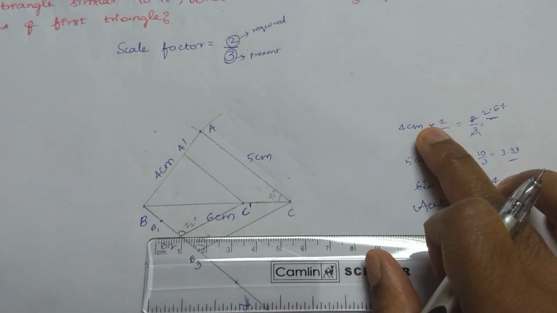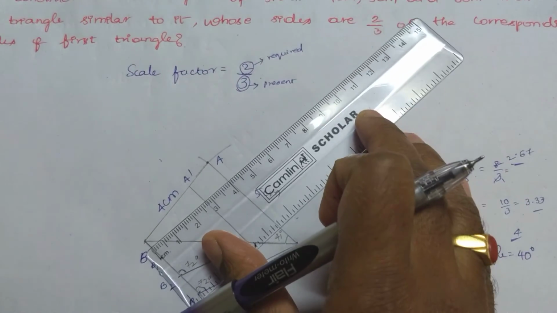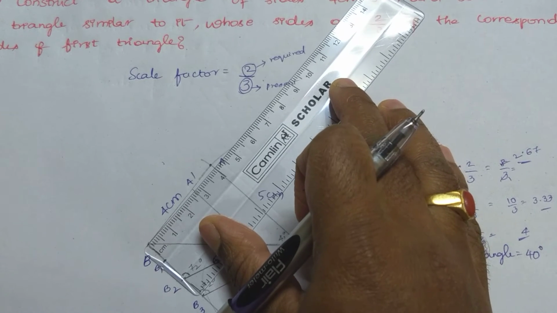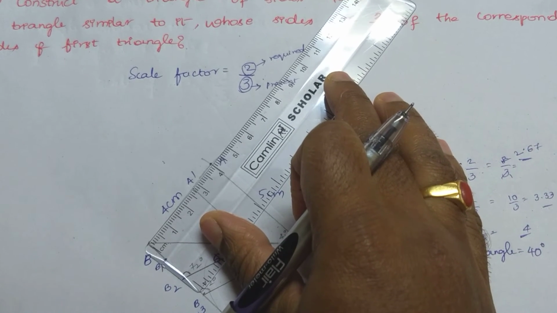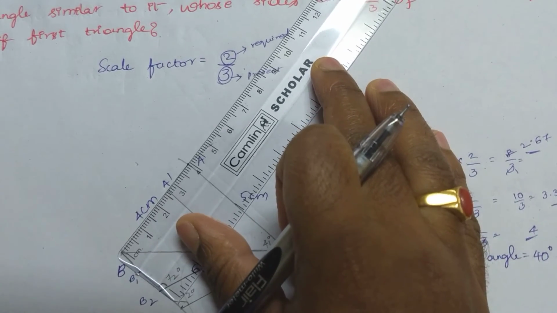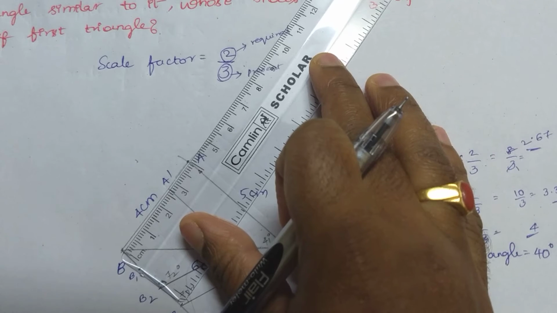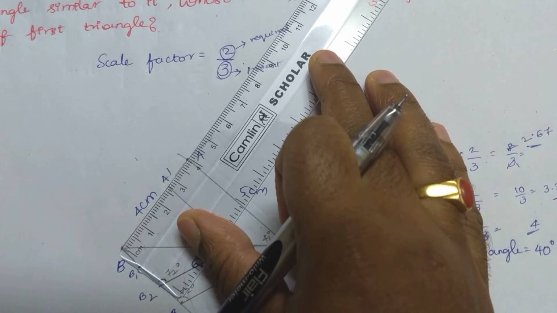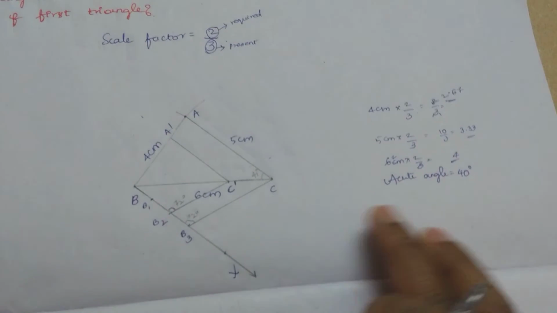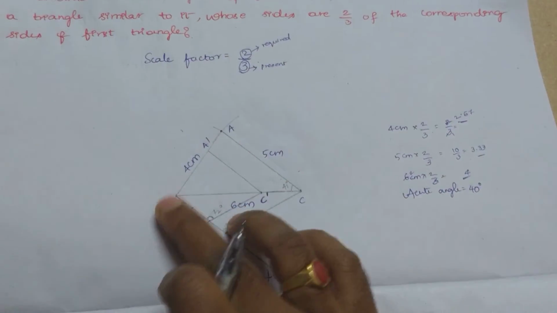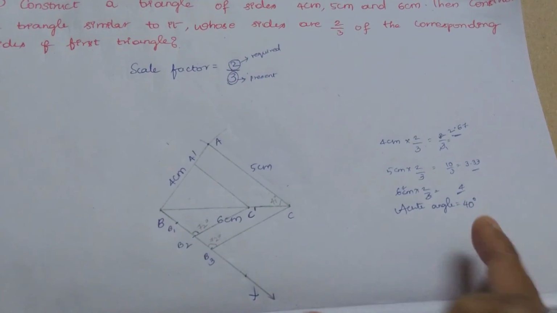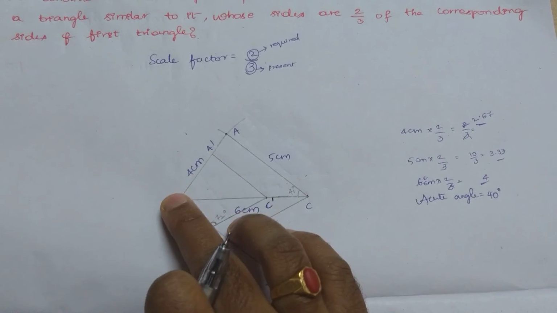After that, at 4 centimeters it should be 2.67. At 4 centimeters, yeah, see here, closely you are getting the same thing, correct? See, 2.67 you are getting now. Yeah, so here the dimensions for the A dash, B, C dash are correct. That are 2/3 of the dimensions of the first triangle. So this is how we construct the triangle A dash, B, C dash.